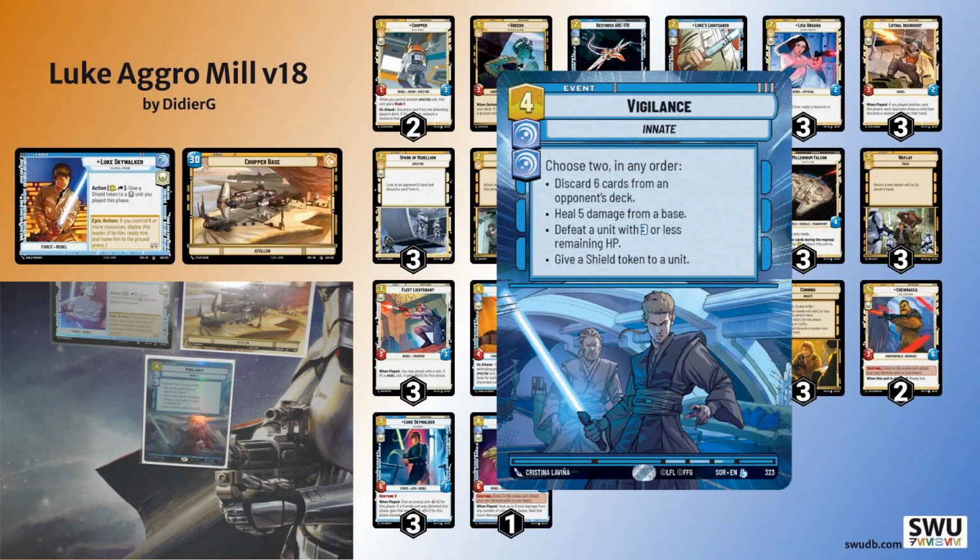And we are at a single copy of Vigilance now. We dropped from 2. I just found, like, in the aggro match, it's pretty slow in aggro. And Cunning kind of fills that role against aggro. Like, Cunning is a bigger blowout. Vigilance can only save you, like, 8 damage